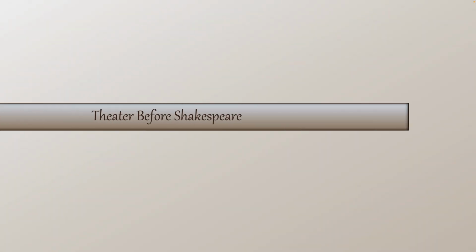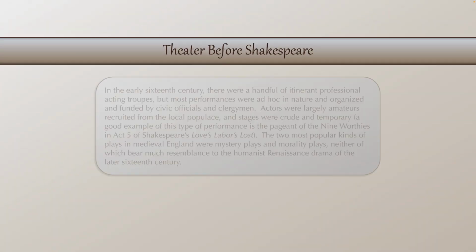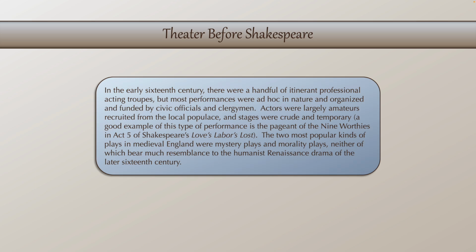So we'll start by talking about what was going on in theater before Shakespeare's time. Elizabethan drama didn't just emerge out of nowhere. So what were some of the precursors for it? Well, in the early 16th century, there were a handful of itinerant professional acting troupes, but most performances appear to